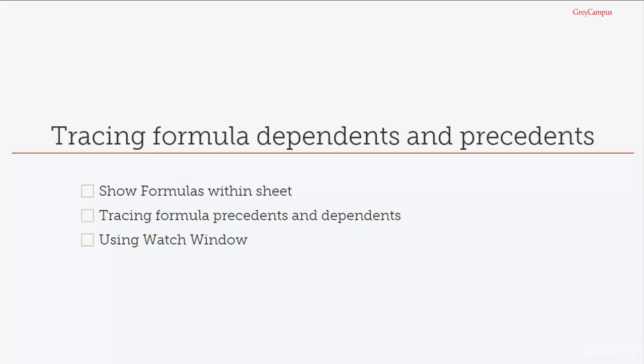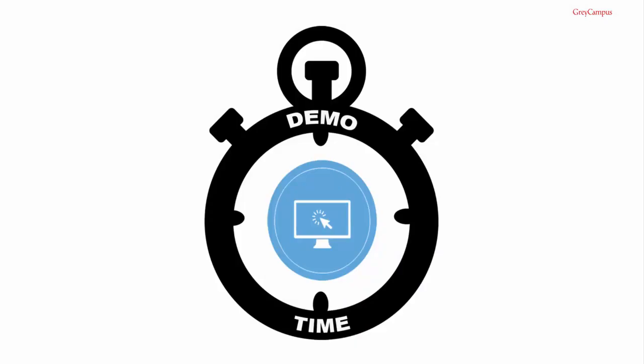So formula tracing, for the tracing of dependents and precedents, these are two different factors. So we can put precedent and we can also put dependent. Precedent is actually to check a formula, and dependent is the process of checking a particular value with a particular formula. So we will go to our Excel sheet